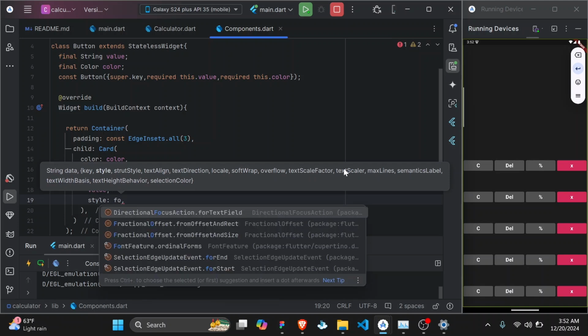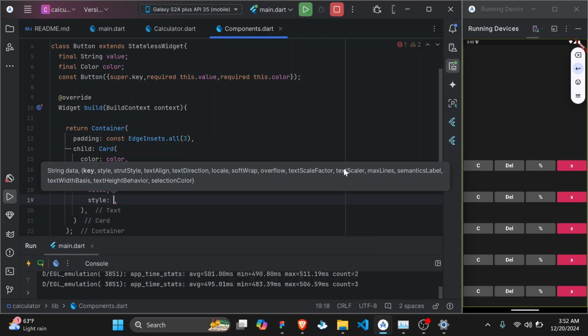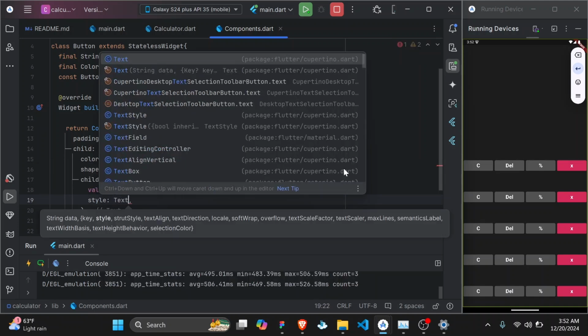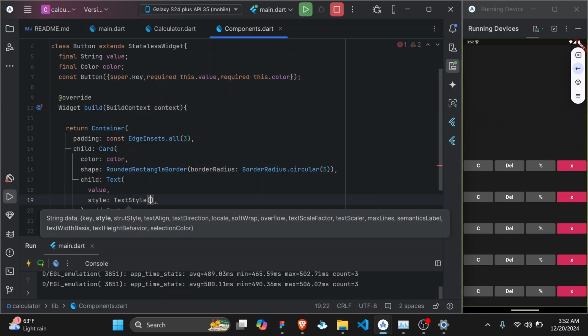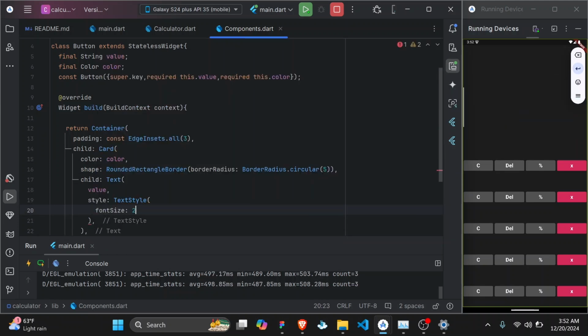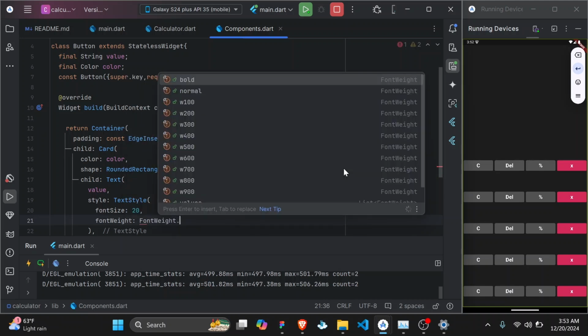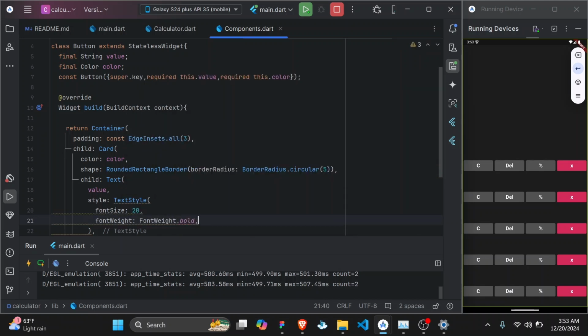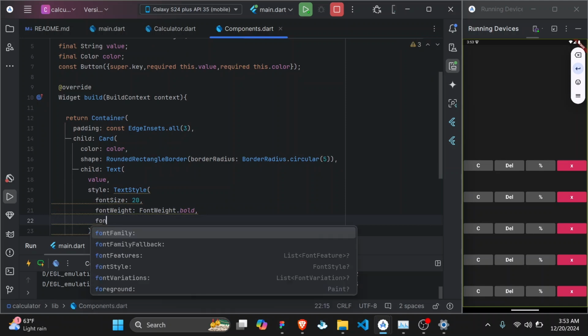First of all, we need to specify it is text style. Then specify the font size, 20. Font weight, dot bold. Font family,